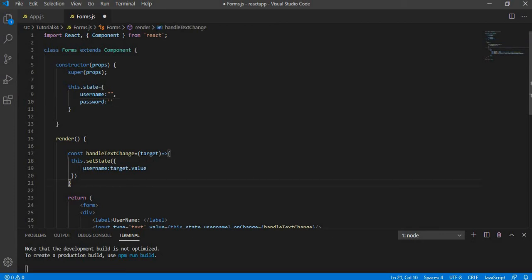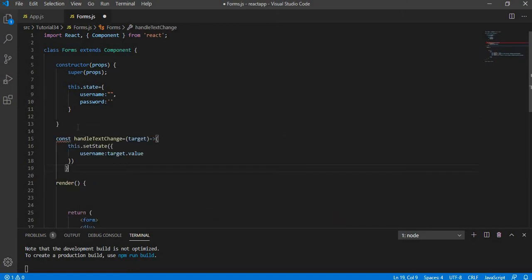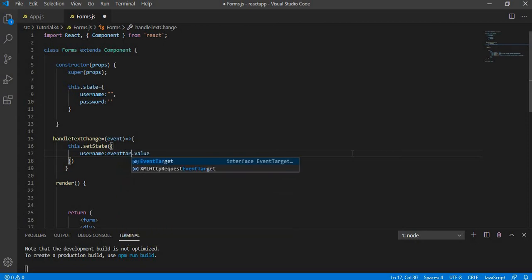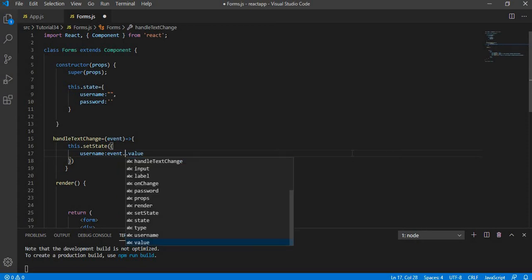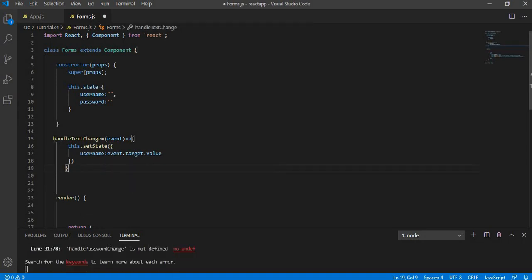I'm going to copy this entire content and place it outside the render method, which is the best practice as I've explained in the previous tutorials in this series. And I'm also going to use an event rather than target value. So you can access the value by event.target.value. I missed the dot, so I'm going to give target. Perfect. So again I have to create one password change element, right?